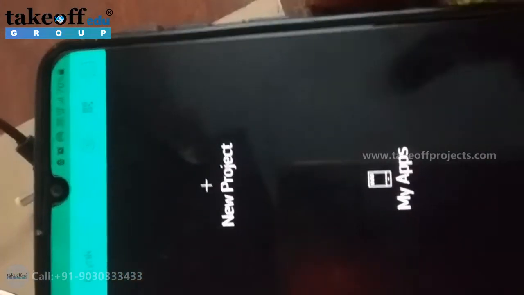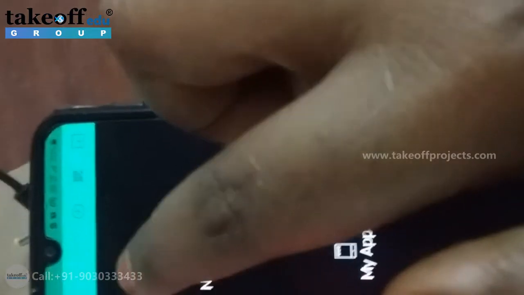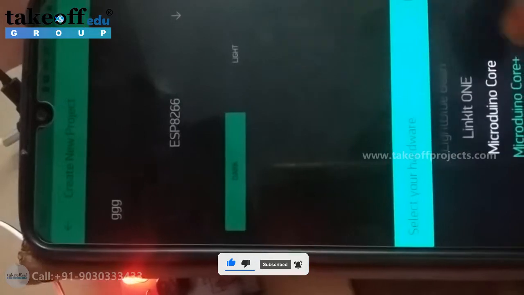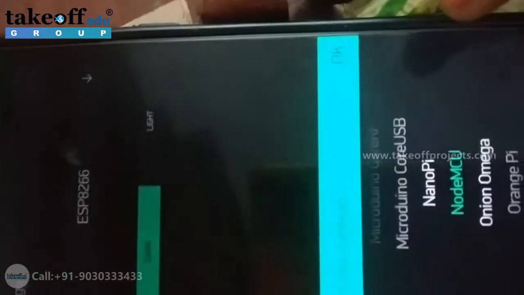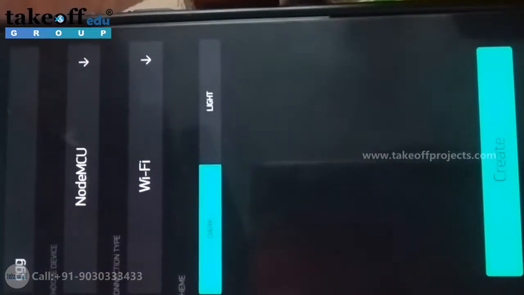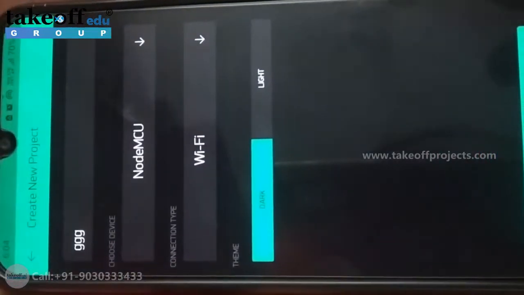After that, if we want to create a new project, we need to click on new project and give the project name here. Here it will ask for hardware. We are using NodeMCU, so if we scroll like this, it will show NodeMCU and we need to press OK. After that, create.